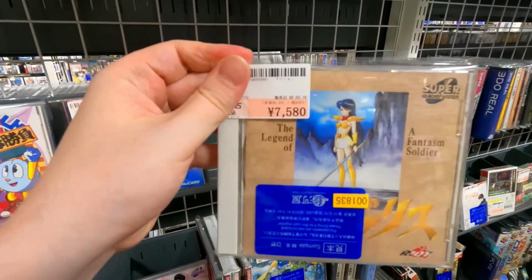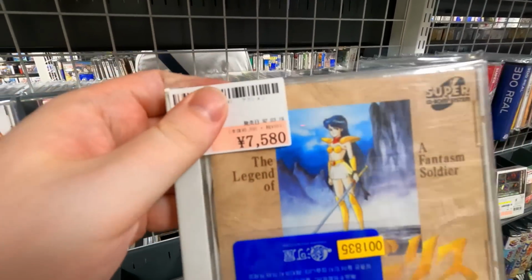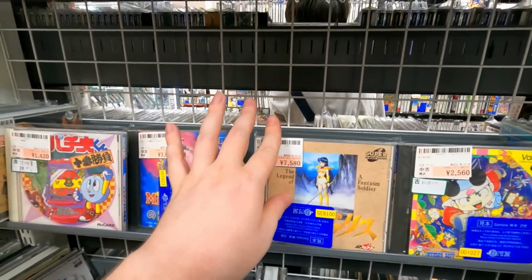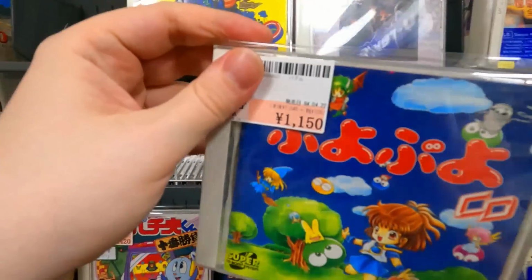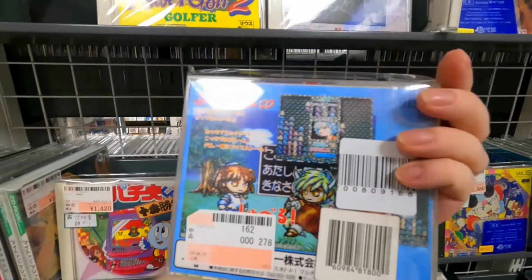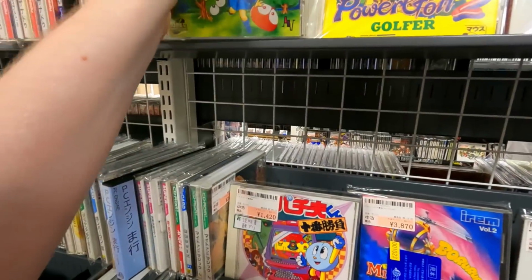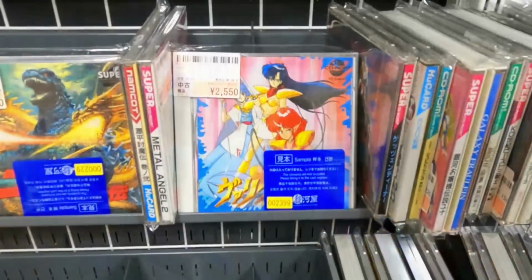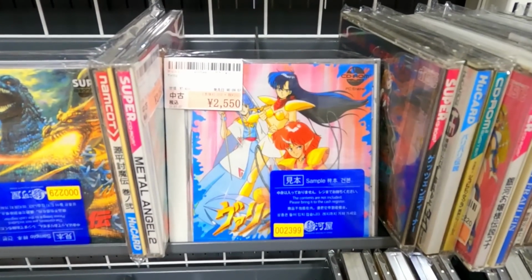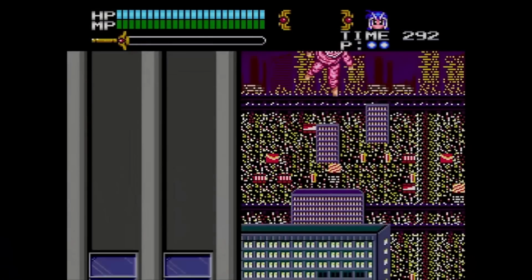And Valis the Phantasm Soldier, cool game, but 7,580 yen. That's getting up there in price for that original one, even though that is a pretty snazzy game. $11.50 for Puyo Puyo CD, though. That's about $8. And Puyo Puyo is always fun, so I had a lot to choose from here, as you can see. But eventually I went with this fine game, the one and only Valis 3,